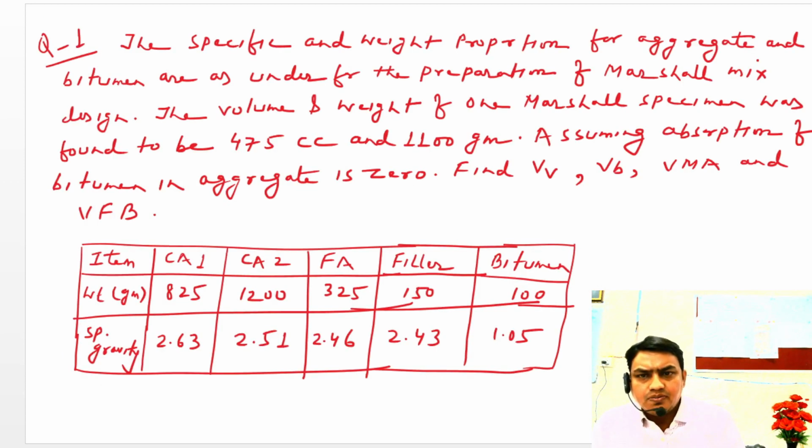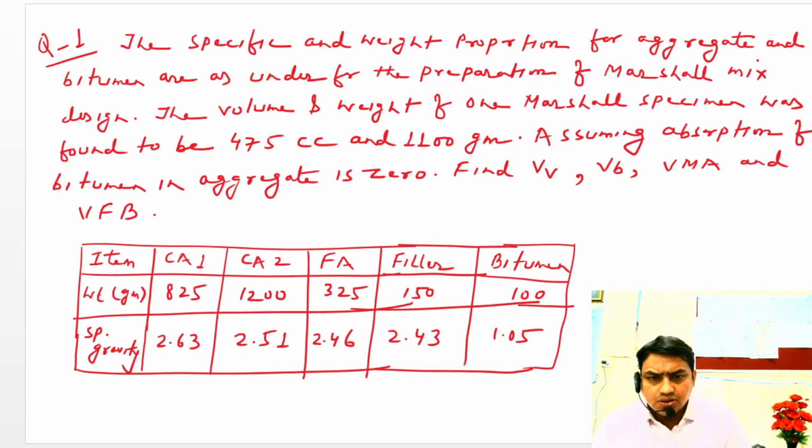So let us take the problem. The specified weight proportion for aggregate and bitumen are as under for the preparation of Marshall mix design. The volume and weight of one Marshall specimen was found to be 475 cc and 1100 gram. Assuming absorption of bitumen in aggregate is 0, find percentage air voids, volume of bitumen, percentage volume of bitumen, void mineral aggregates and voids filled with bitumen. So let us start